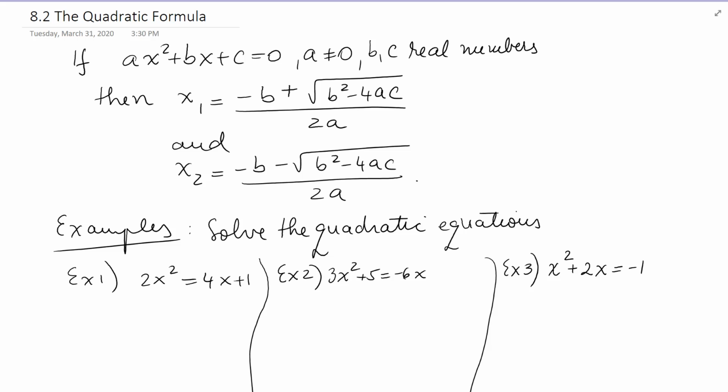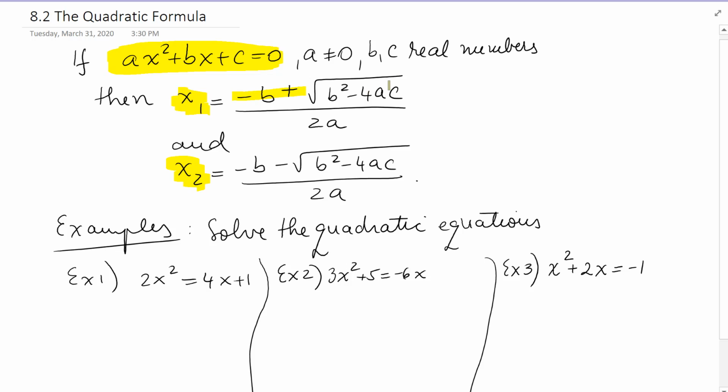Today we'll talk about the quadratic formula. So I actually wrote it out here. If ax squared plus bx plus c equals 0, very important that the equation is written in this form, with a not different than 0, a, b, c real numbers, then the two solutions that the quadratic equation has